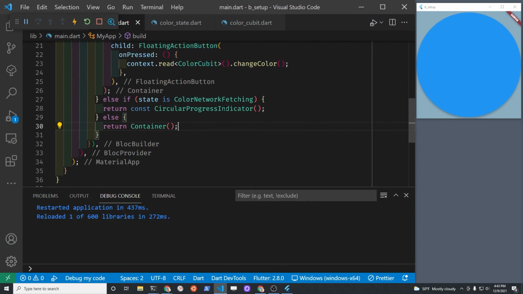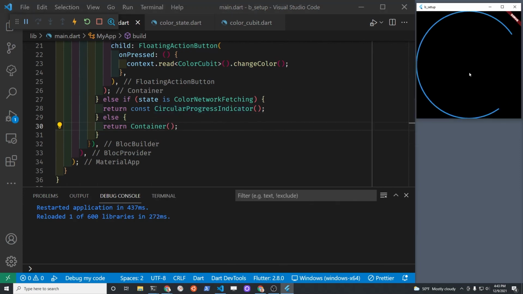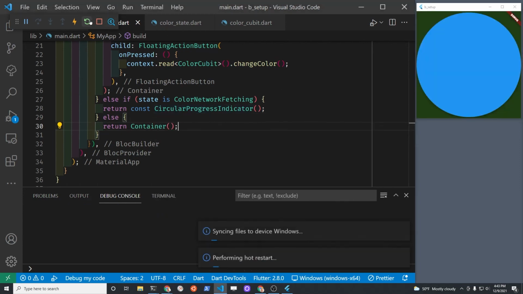So now that we have the BLoC state management set up, the next step is to connect it to the